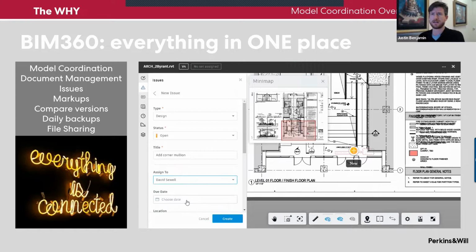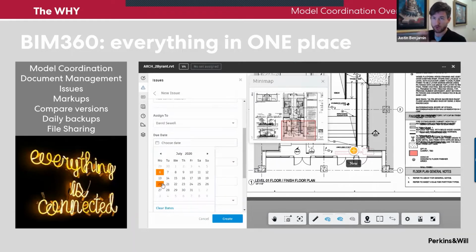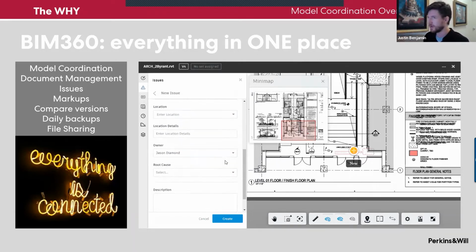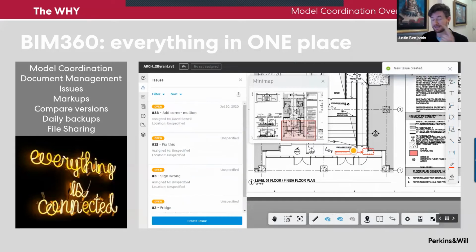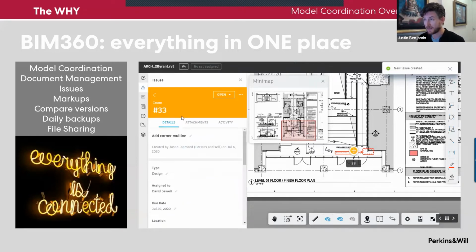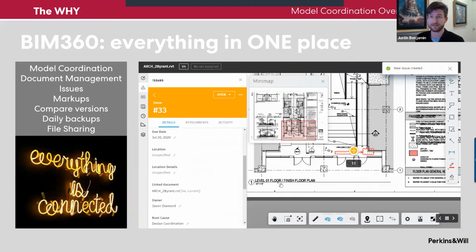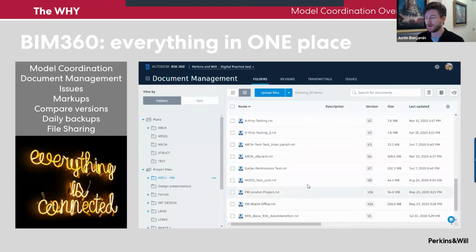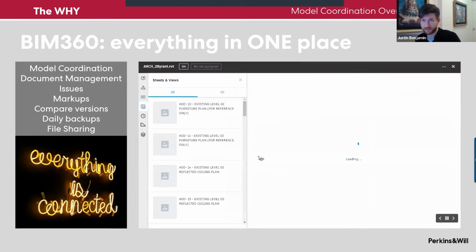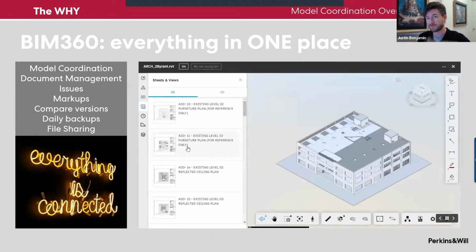I did a presentation on BIM360 and the advantages of the core documentation module, I think a few months ago. I'm assuming that recording is out there somewhere, and you're encouraged to listen to that if you're still questioning whether or not to purchase or invest in BIM360. But again, the assumption in this particular presentation is that there's already investment made, that you're hosting your models on BIM360. And if that's the case, all your consultants, everybody's already invited to your BIM360 site. So being that we're all, in theory, at least either hosting our models or uploading and downloading models off of BIM360,